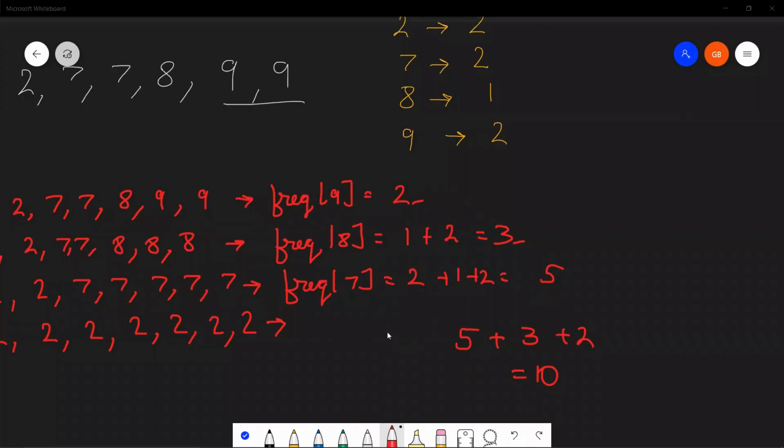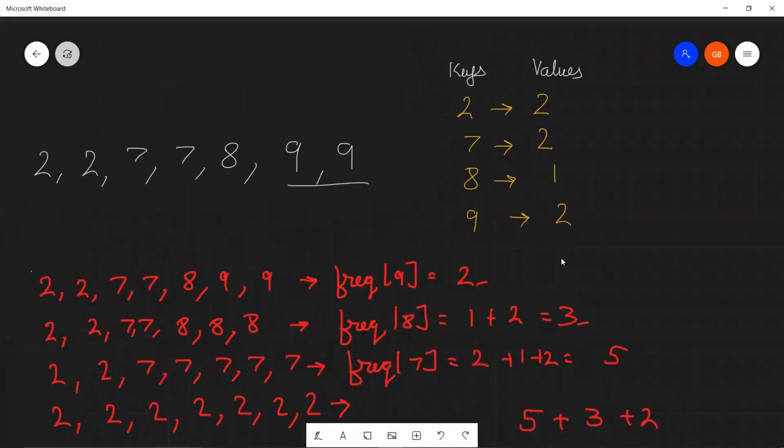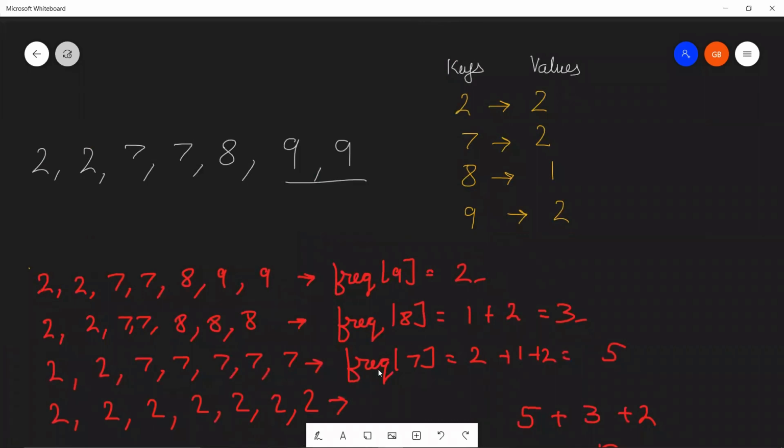So I think it was pretty clear what we did over here. We found a frequency map for our array. We traversed from the end of the map, from right over here, right? We traversed from over here, and we took the record of the previous frequency that we were achieving while we were iterating from bottom to top.